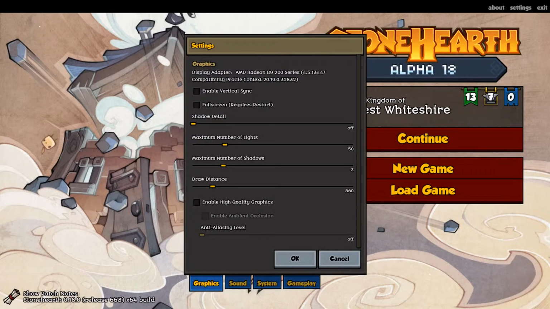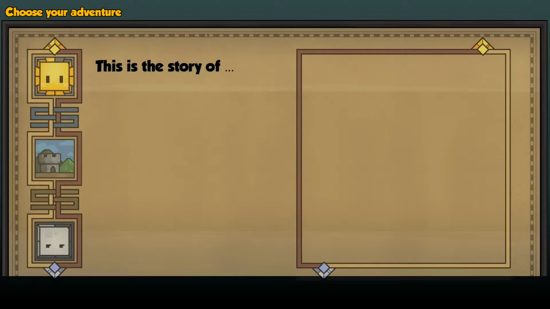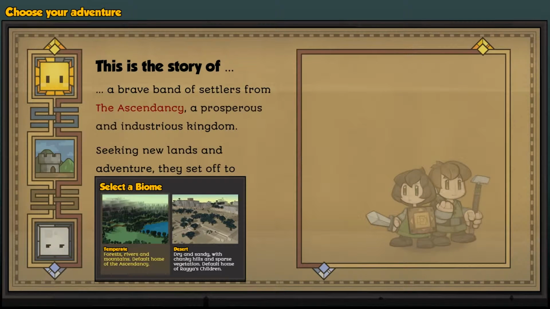Hello everyone, I'm DarkWolfNL and welcome to Stonehearth. Today is a special occasion because there is a new alpha out. Alpha 0.18 was released a few days ago. I don't know the exact date, but today I'm going to play this new version. I'm going to do another little mission with the Ascendancy, just the normal kind, in their normal biome,